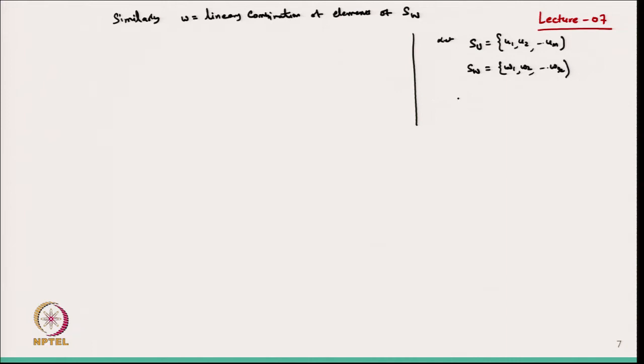Then from here I can write that U is written as, suppose, alpha 1 U1 plus alpha 2 U2 up to alpha m UM, and W can be written as A1 W1 plus A2 W2 up to AR WR. Okay. And span SU is U and span SW is W. Now, if that is there, then